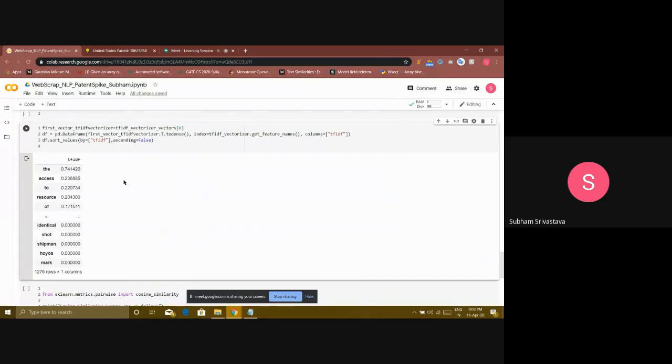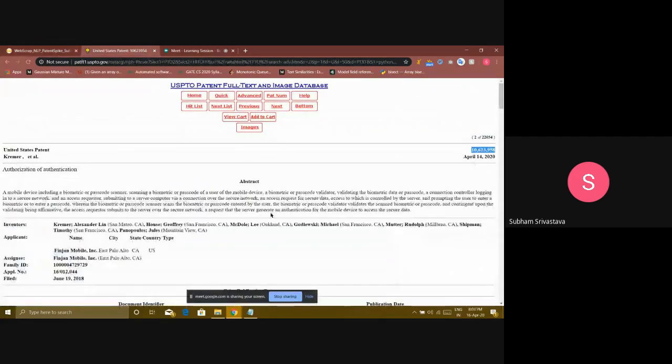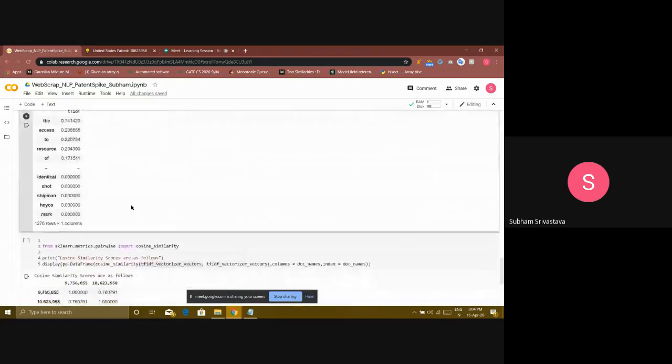And those are also not very big documents, very small documents, as normal patents are, you might have seen, but that's okay. Only when I have a lot of data can I get good values for this, and only then can I argue whether these values are correct or not. So this is just for demonstration purposes, that's why I have taken only two documents as of now.